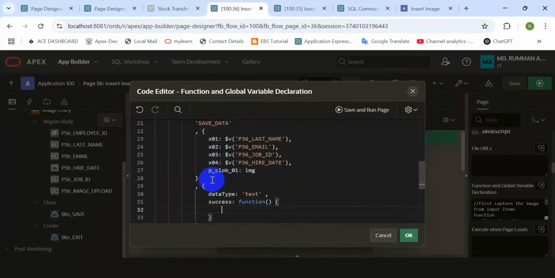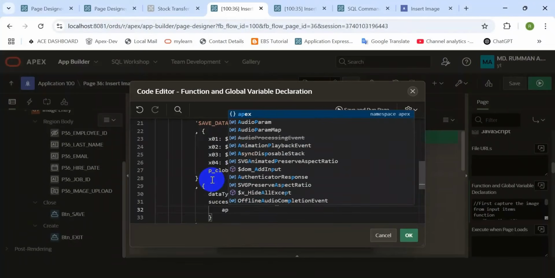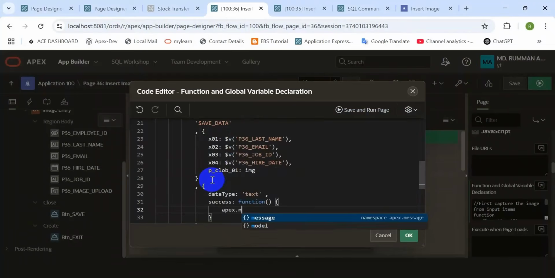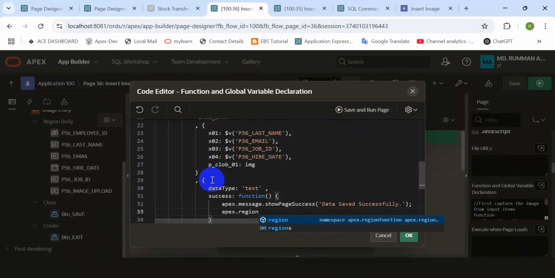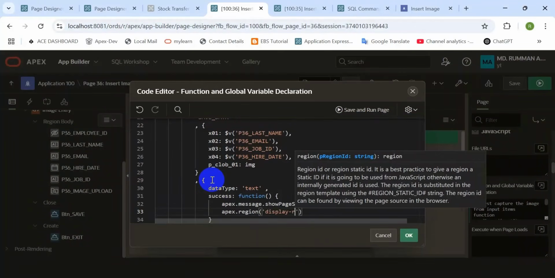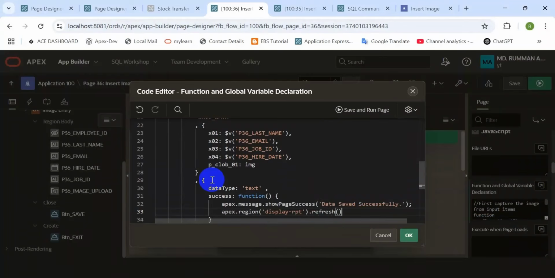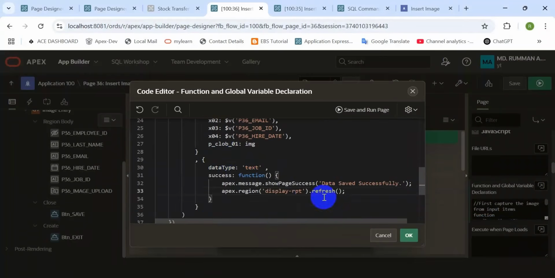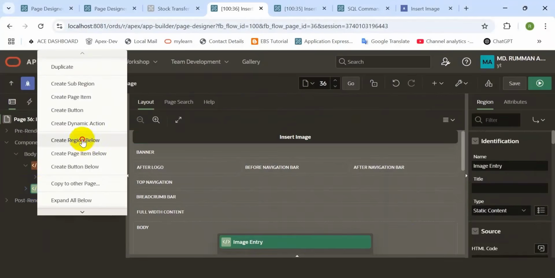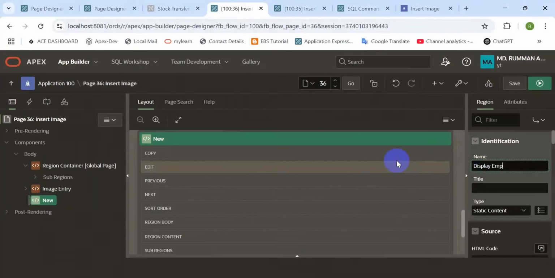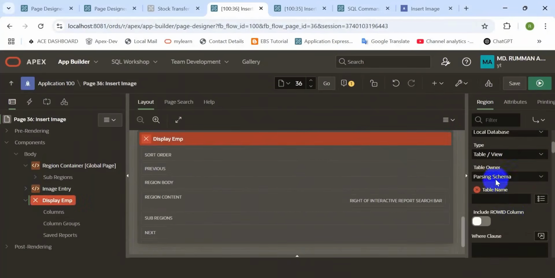If the Ajax callback function succeeds, then refresh the detail region to display the inserted data and show a success message. We need to define the report region,